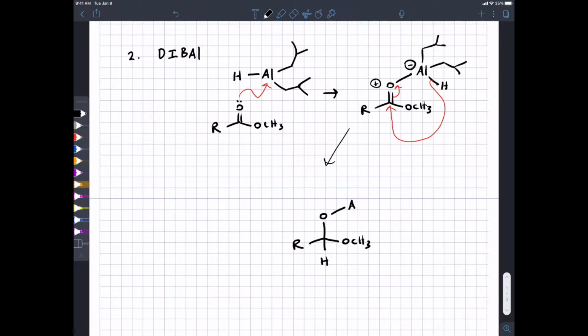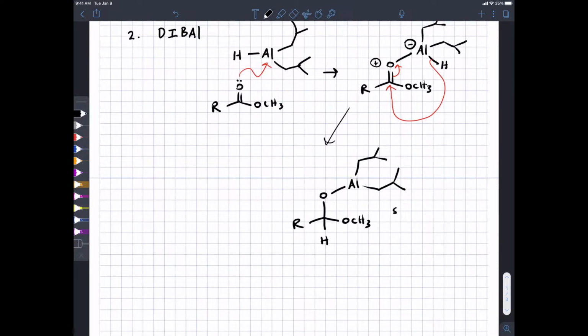The product that you get after that step looks like the familiar tetrahedral intermediate that you get after reduction reactions, except it's not negatively charged because the oxygen is bound to the aluminum. So this is sort of a masked tetrahedral intermediate. Normally, if we were using lithium aluminum hydride, we would be at this stage where we'd have a full negative charge on that oxygen, which would be strong enough to kick off the alkoxide leaving group. That generates the aldehyde, and then that goes on and reacts again. But we never do that here because there's no negative charge on the oxygen. This intermediate is stable